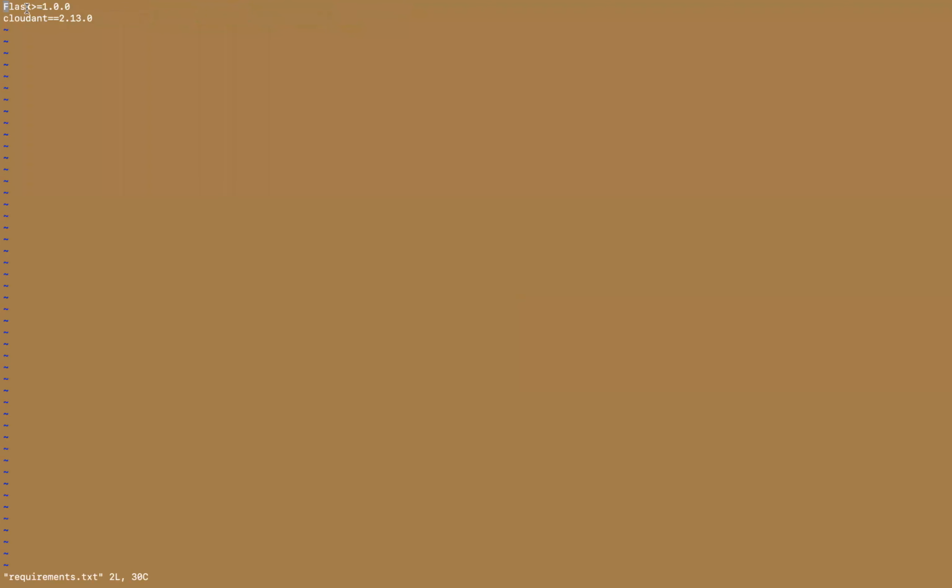Say my application is dependent on the Cloudant database and on Flask as well. I need to make sure that Flask is also installed along with my app. So you need to mention those dependent libraries over here in requirements.txt.